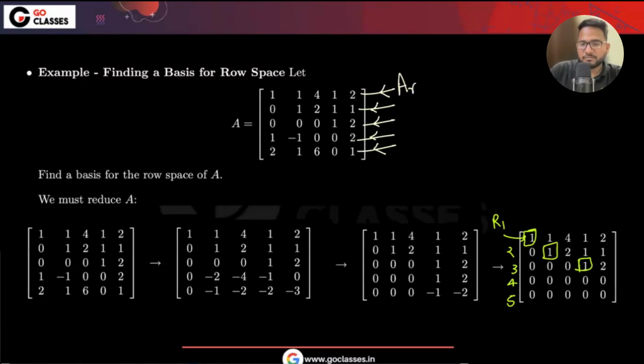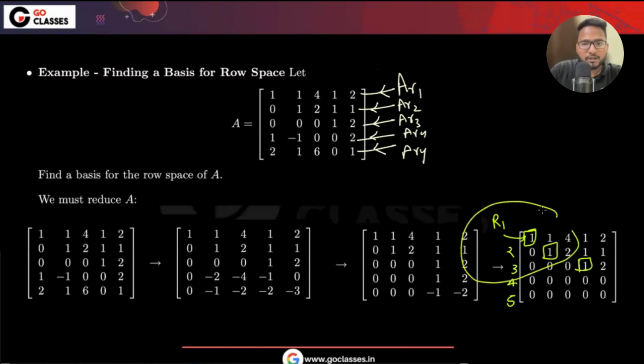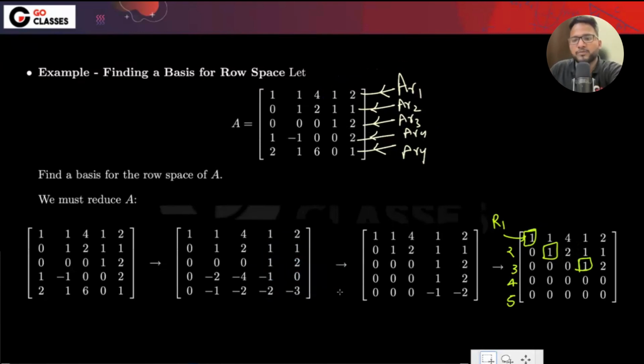Maybe you can call it AR1, AR2, AR3, AR4, AR5. Now, can you tell me the row space? Can I say the row space is also AR1, AR2, AR3, and also R1, R2, R3, isn't it? So you can say the row space actually doesn't get changed. So that's why you can say that row space is actually equal to